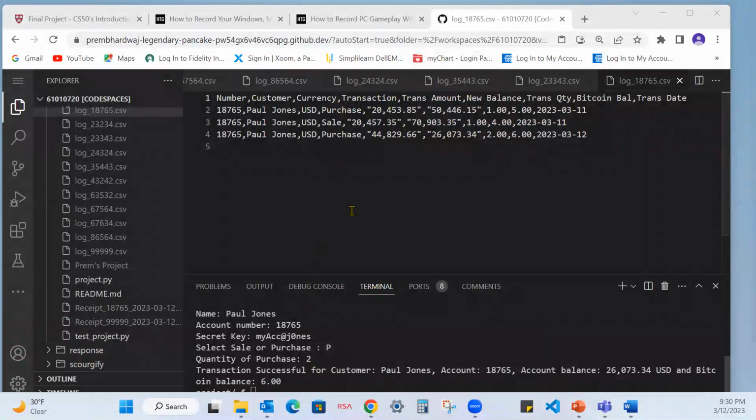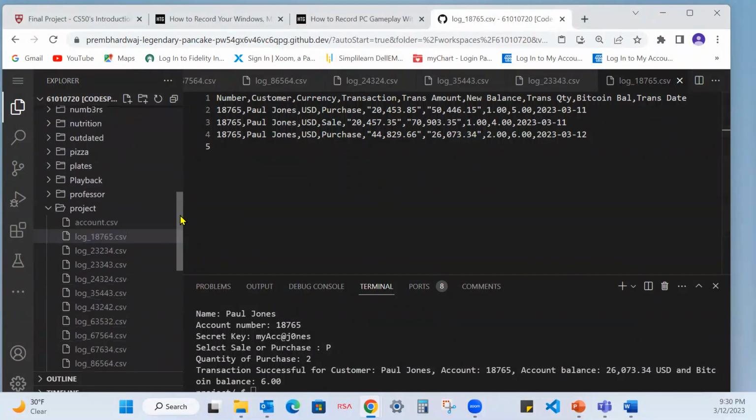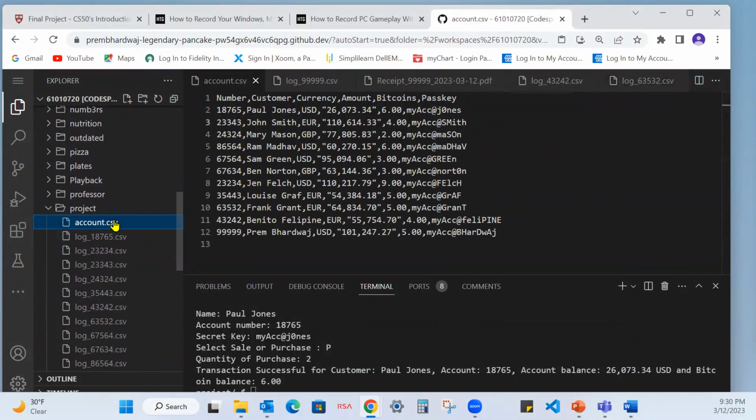Without waiting any further, I'll jump right into the project. So my name is Prem. I'm working on this project for the Introduction to Python Programming class, hosted by Professor David Mellon from Harvard on edX. What I did was I created a Bitcoin trading platform where I have a set of customers with their own accounts set up, and the account file is maintained as a master file called